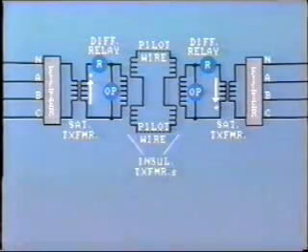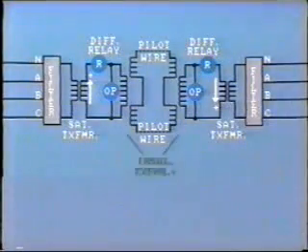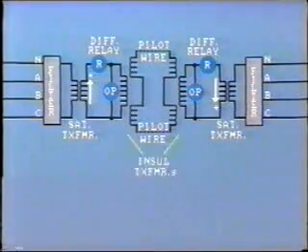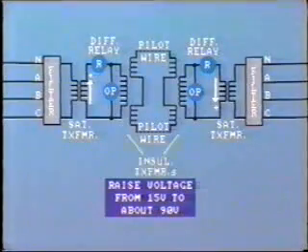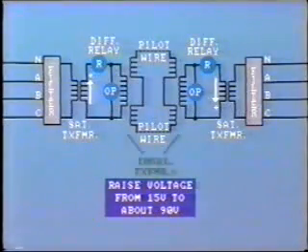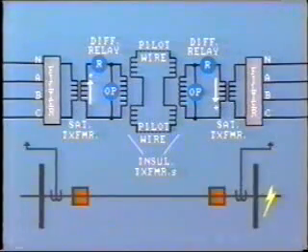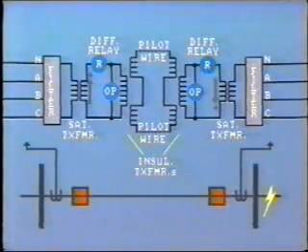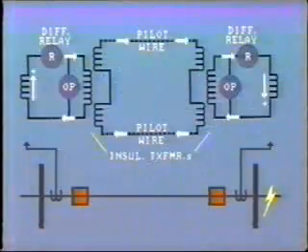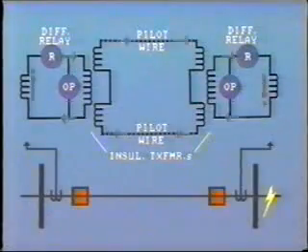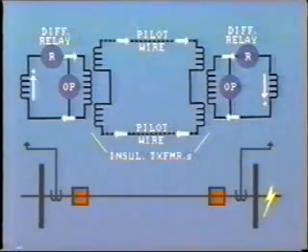Usually, the pilot wires are insulated from the relay circuit and the CT secondary circuit by an insulating transformer. At the same time, this raises the voltage from 15 volts to about 90 volts, so providing for more positive circulation of current. Where the fault is external, that is, a through fault, the sequence filter at this far end will produce a terminal voltage, which is of the opposite polarity. So the current circulates around the pilot wire circuit and through the restraint coils, but not through the relay operating